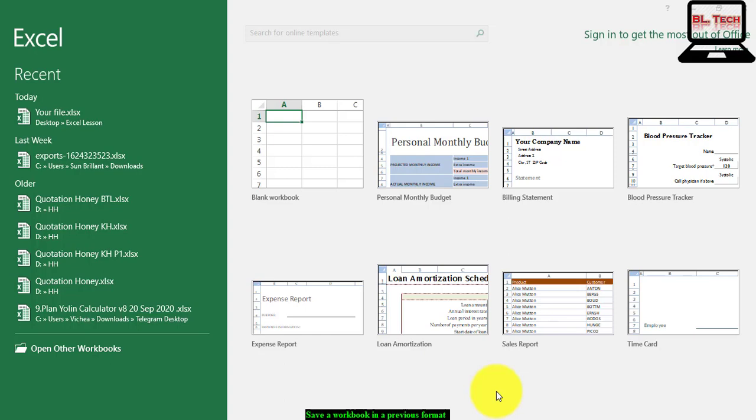Today I have a short session talking about saving a workbook in a previous Excel format. This is the Microsoft Excel 2016 interface. When we launch Excel, then you click